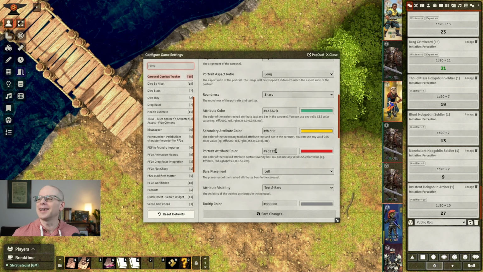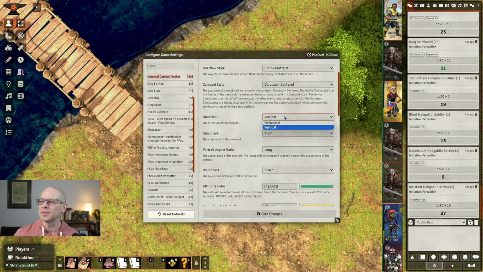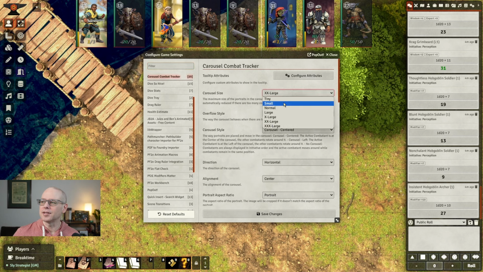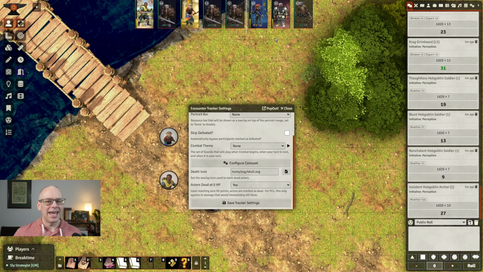I'm going to go ahead and quickly change it back to what my normal thing is, which I like horizontal. I like it centered, and I like the portrait aspect ratio as portrait. And one other thing is I have it as extra, extra large. I'm going to take it back down to a large, but you can see exactly how your combat is going to go, who's up next, but you can go ahead and track all the initiative, all the combat that's going